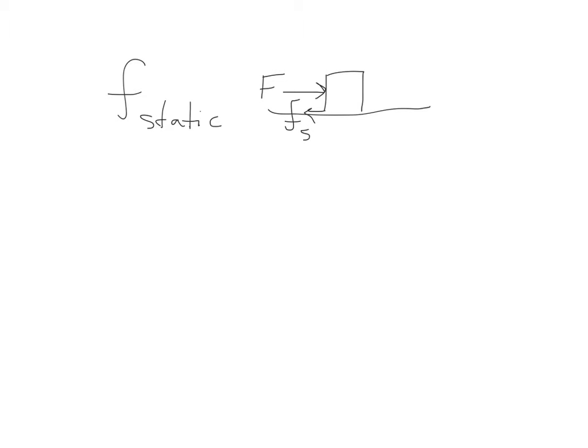All right, so static friction is actually only going to be as big as it needs to be in order to oppose motion. So we can say static friction is going to be less than or equal to, here's your first formula for friction, mu times the normal force. Or if you prefer, you can say friction